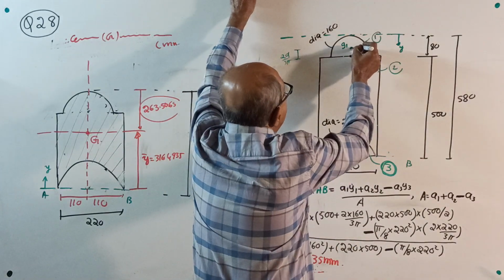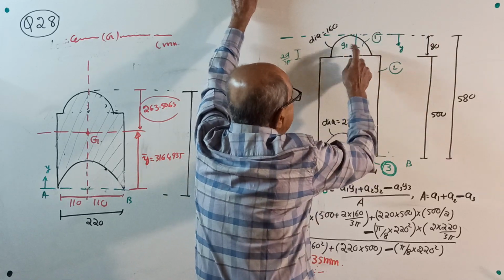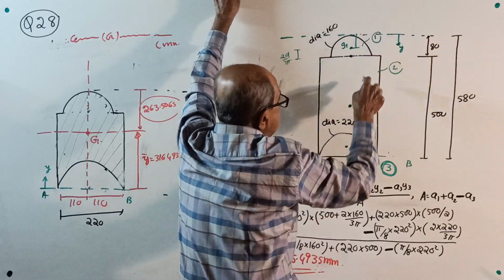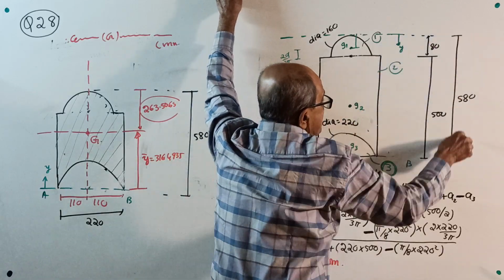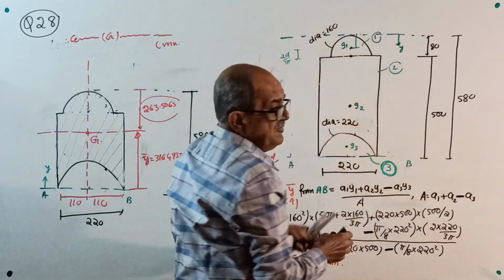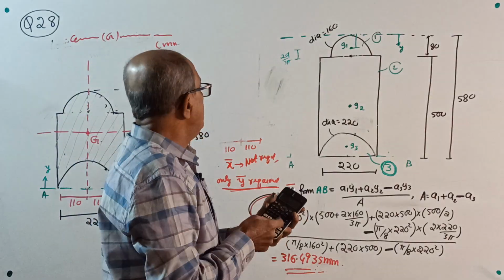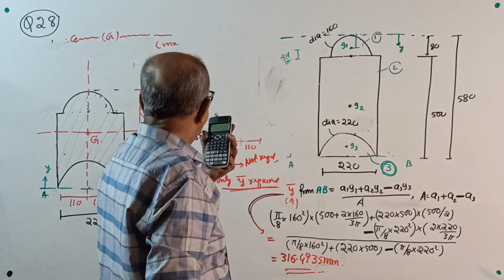Your y1 will be 80 minus 2d by 3 pi. Your y2 will be 80 plus 500 by 2. Your y3 will be 580 minus 2d by 3 pi. Calculate: A1 y1 plus A2 y2 minus A3 y3, divided by A1 minus A2 minus A3. Y bar will come